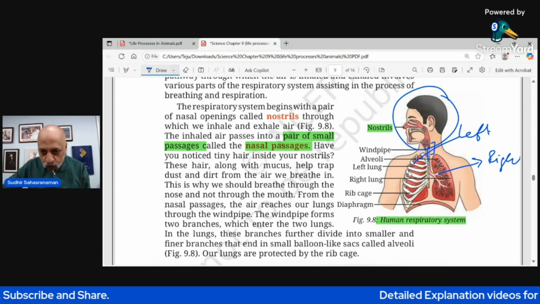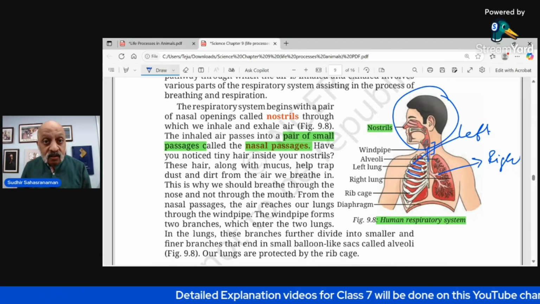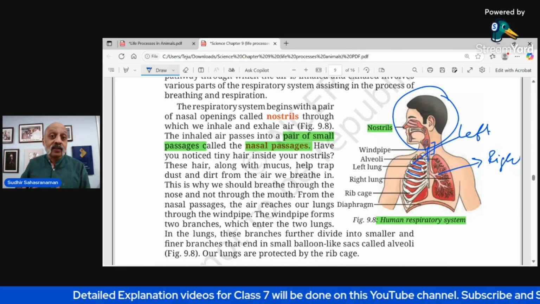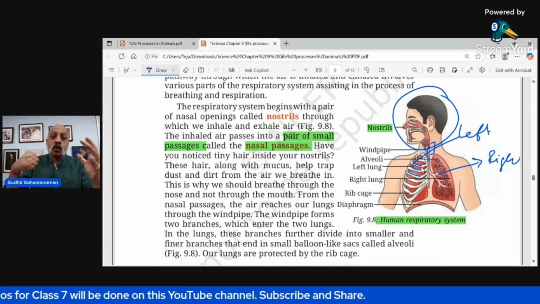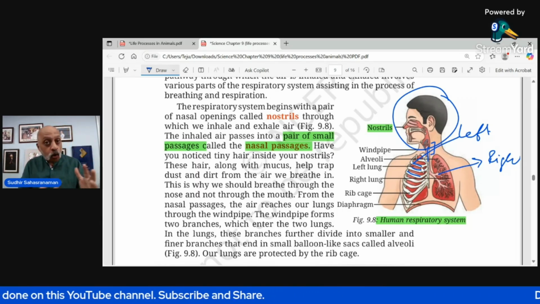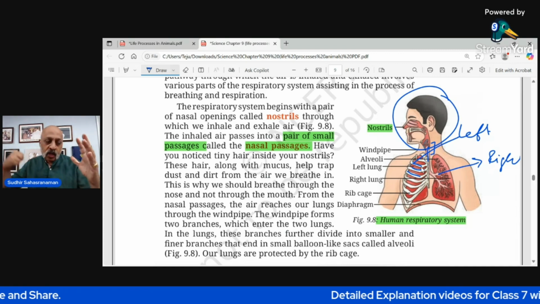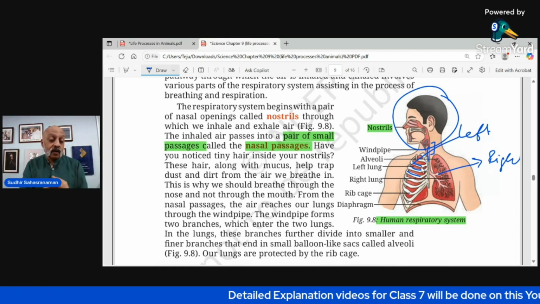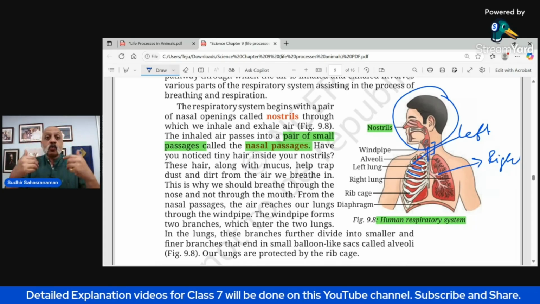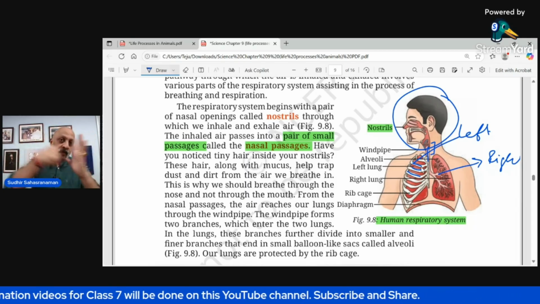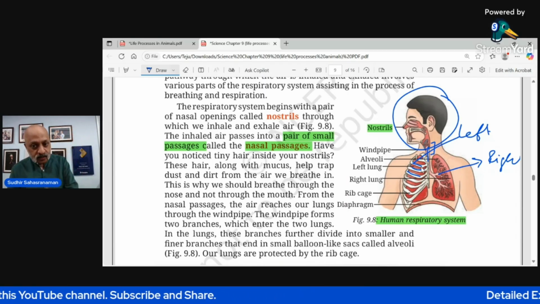Now, the white portion that you see, this white thing, is called the rib cage. What is the rib cage's function? It is to protect the lungs, so that when somebody comes and puts a blow on your chest, right? If there was no rib cage, the person's punch, if it's a boxer kind of punch, will come and puncture the lungs. So that is the rib cage's function. It's like a helmet that a cricketer wears when he's going out to bat, so that it does not hit the lungs directly. It is a helmet for the lungs.